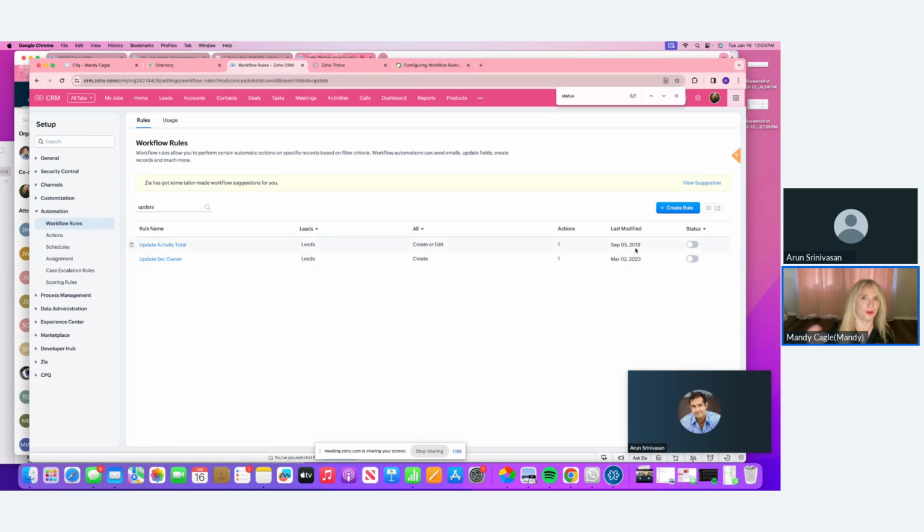This will give you a good clue of, oh, maybe this was the one that I just changed recently. So that's always really helpful. But when we want to create new workflows, you'll come into this area and you're going to click on Create